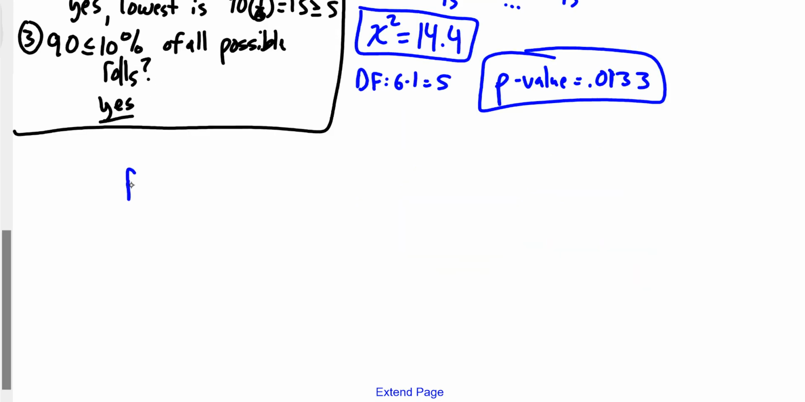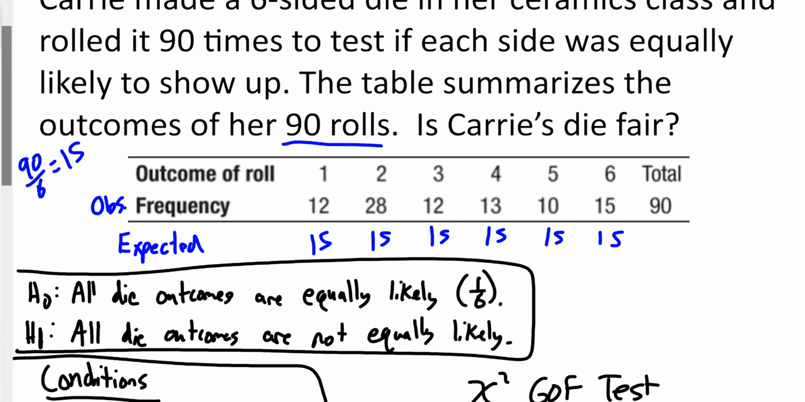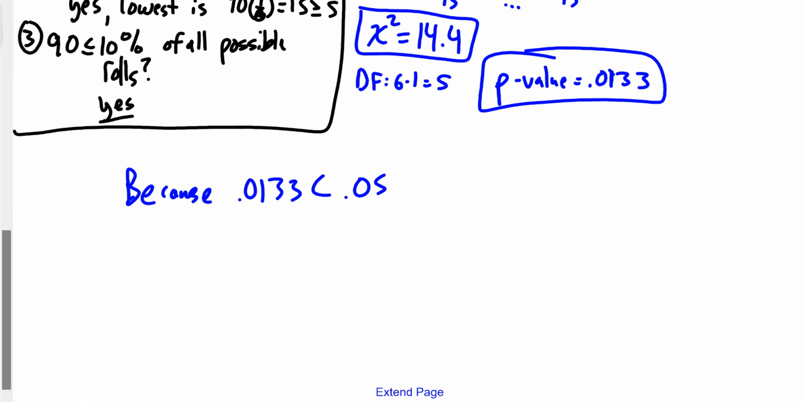So because 0.0133 is less than, we'll just say 0.05, or any reasonable alpha, because I don't think we stated an alpha level, so we're just going to stick with 0.05. We reject H naught, which means we have convincing evidence